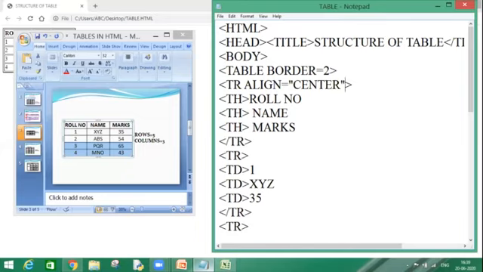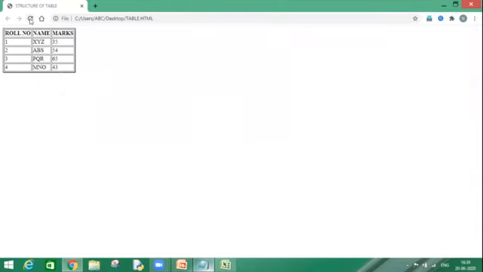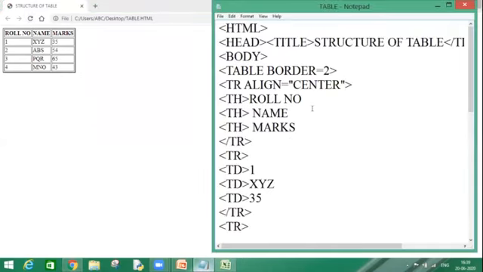Right? So Control S, let's execute it. This change I have done in my first row. Please remember, let me check it again. It is align, TR align, it is center.